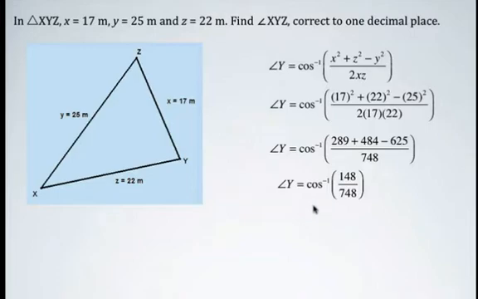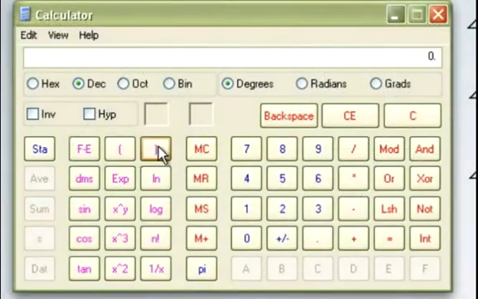And so then angle y. Okay, again, this is one of the toughest things to do on a calculator. So we're going to use a bracket, and then for the numerator, we're going to use a second bracket, and we're going to put in all the values, all the squared values from the numerator in the second line of our solution. So this is going to be 17 squared plus 22 squared